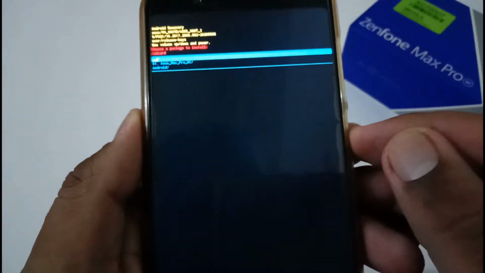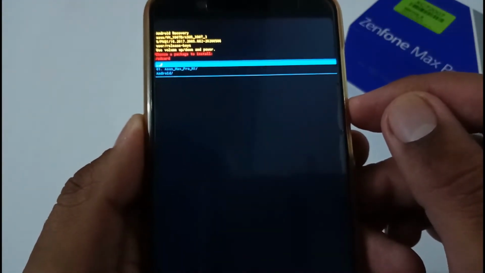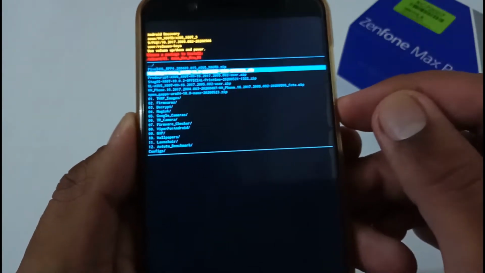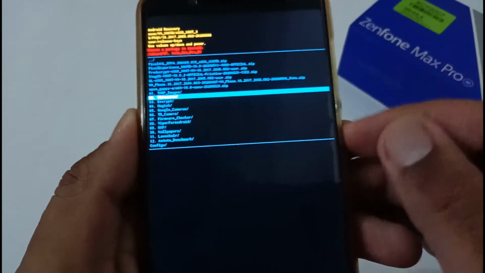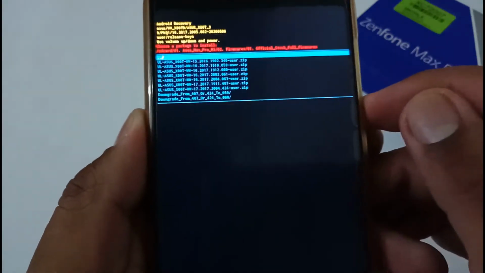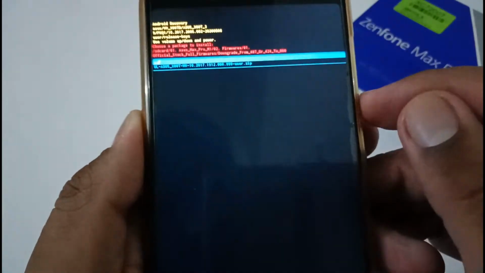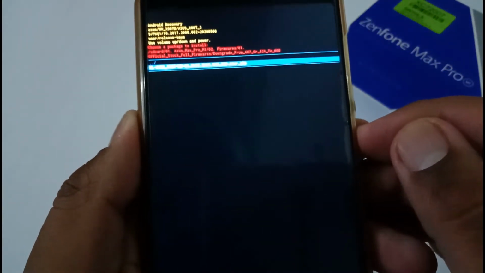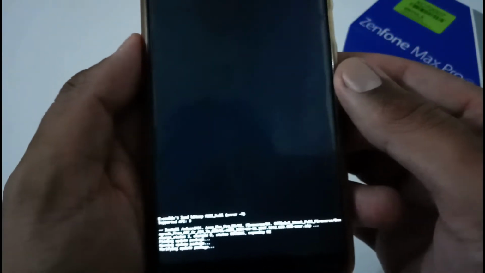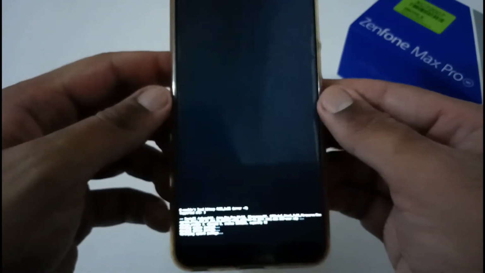Afterward, tap on the power button to select, and it will move to your micro SD card or OTG pen drive. Then move to the folder where you have kept the downloaded file. Let me do it where I have downloaded and kept it. So this is that particular file. Let me select it, and now the actual downgrading process will start, which will take nearly 5 to 6 minutes. Let's wait till it completes and we'll move over to the next steps.